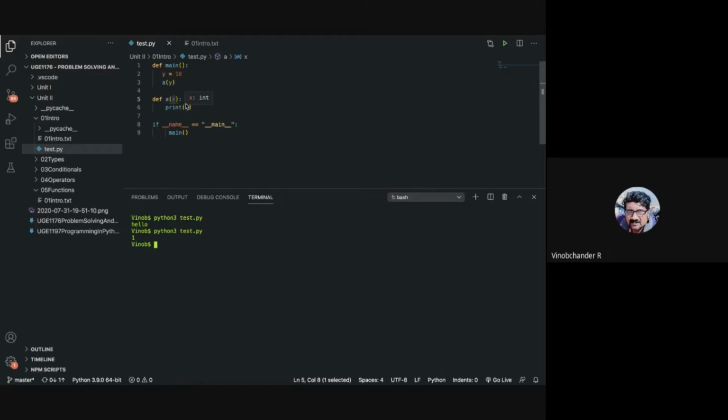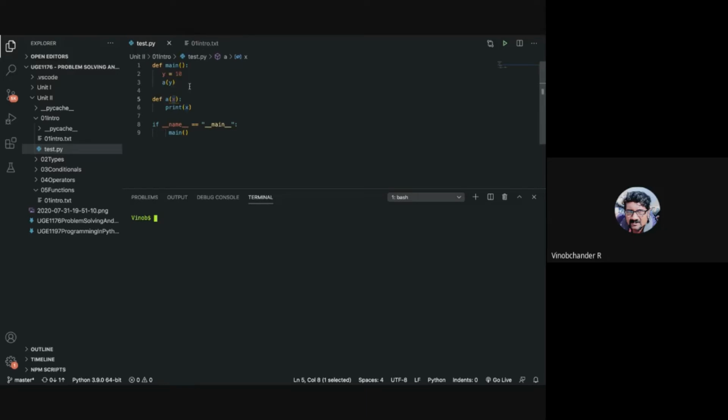We already talked about local and global variables. So this particular local variable is now going to be printed. So what is the answer here? 10, sir. All right, so that was the first point.